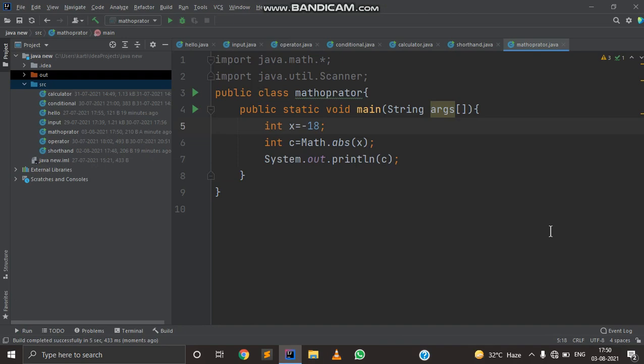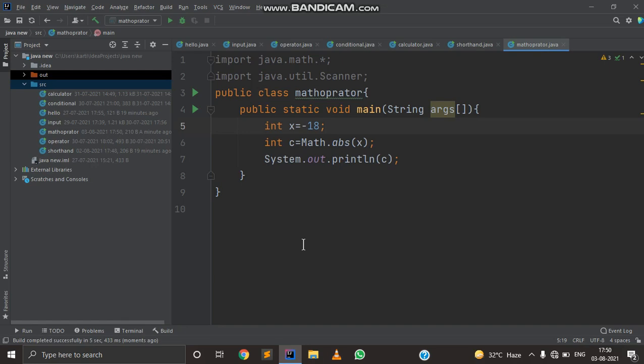Now I am going to tell you about Math.max. Math.max is widely used in programs. It returns the largest value. We have two ways of finding which is the bigger value among numbers. One is Math.max and the other is if-else.